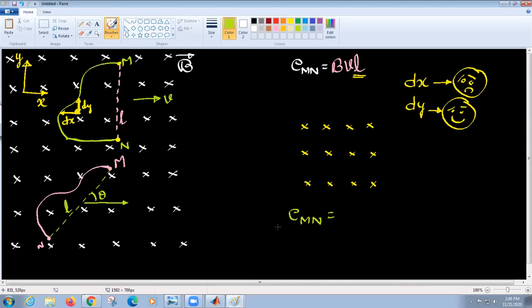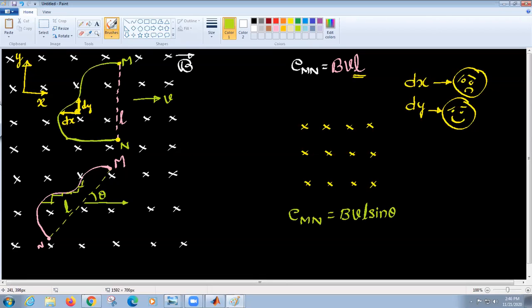What do you think is the induced EMF now? BVL sin theta. Obviously, that's it. You can take again the same thing. This is my dx, this is my dy, dx, dy, and so on.